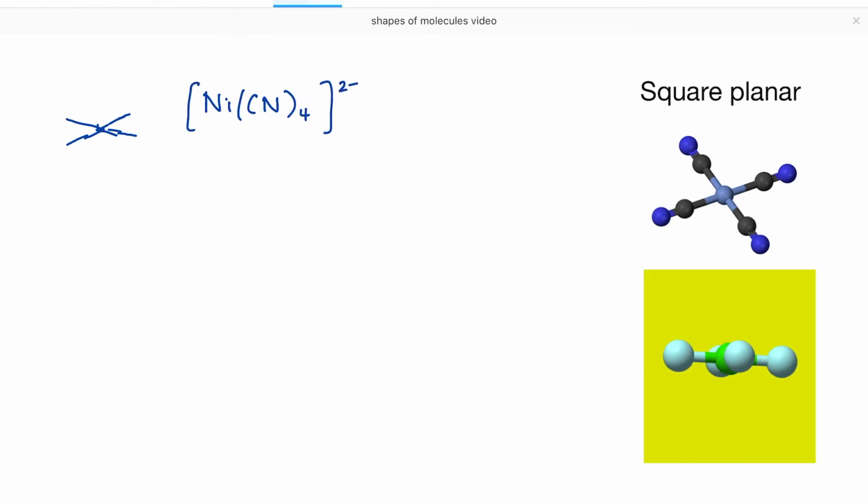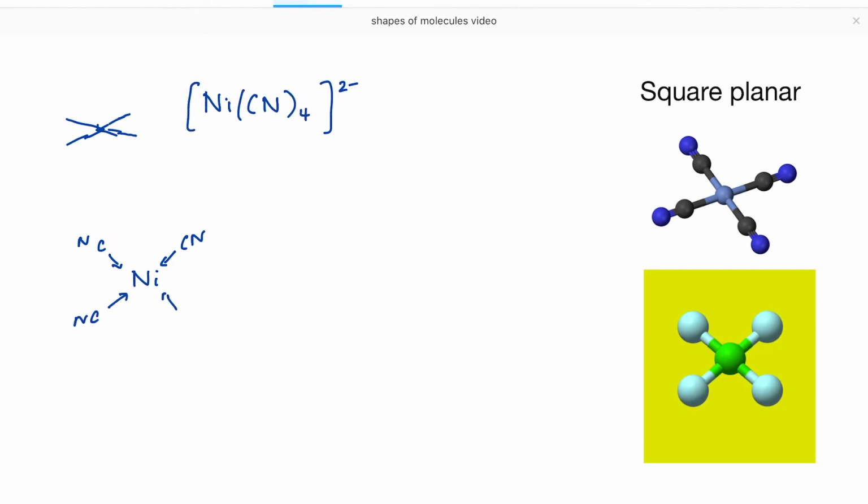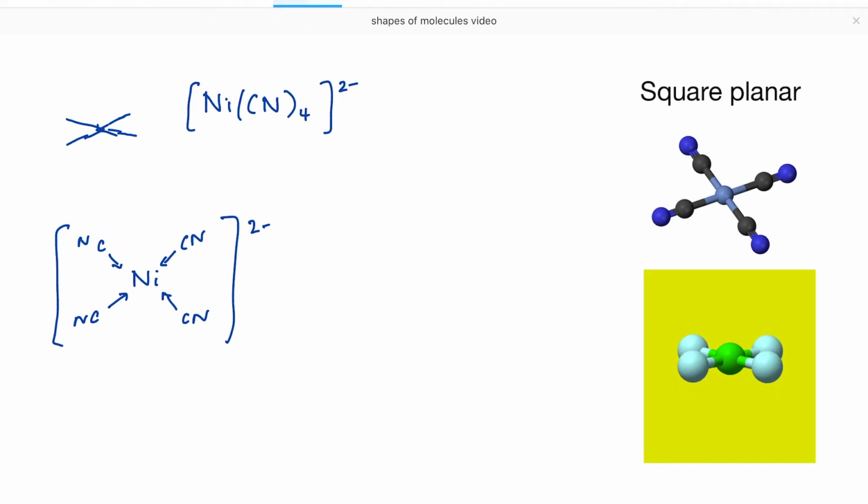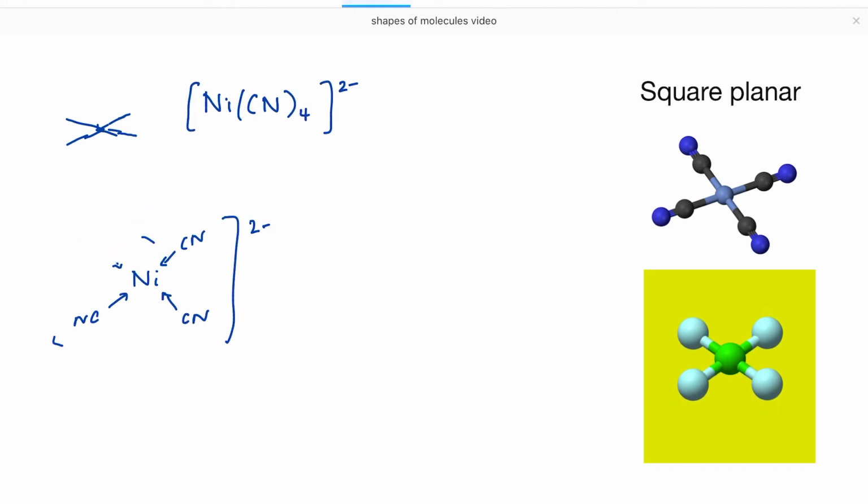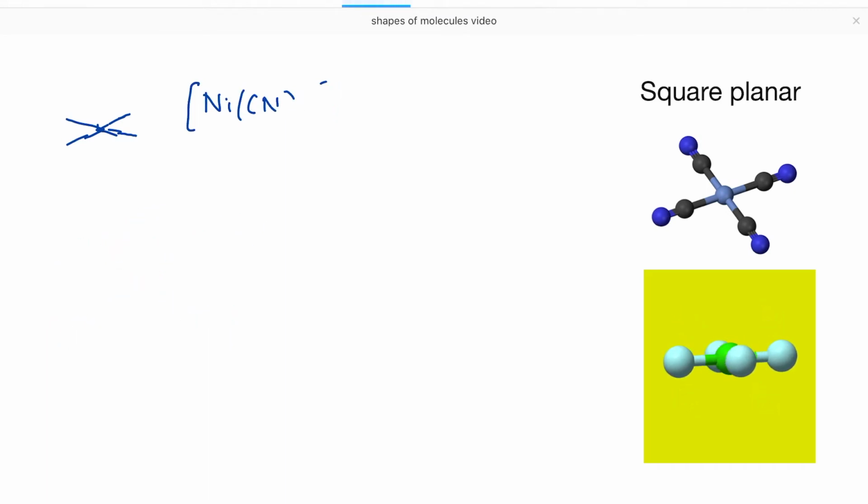the nickel cyanide complex. That forms because what we have is the nickel. Each of the cyanide ions is making a dative covalent bond to the nickel from the lone pair on the carbon, and then the whole complex has got a 2 negative charge. Bond angle here is 90 degrees. Another common example is that of the tetrafluorochloride ion, obviously. That is Cl